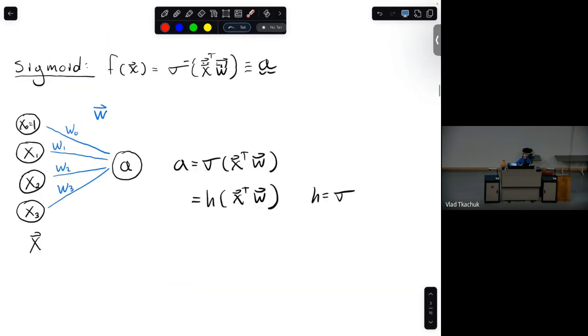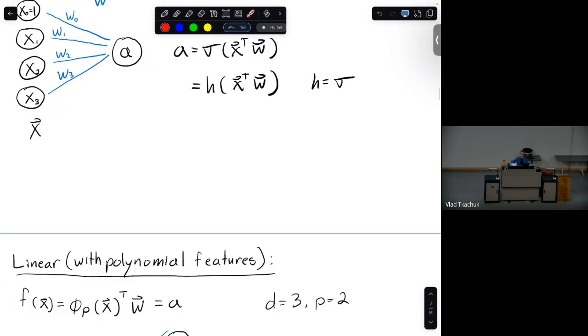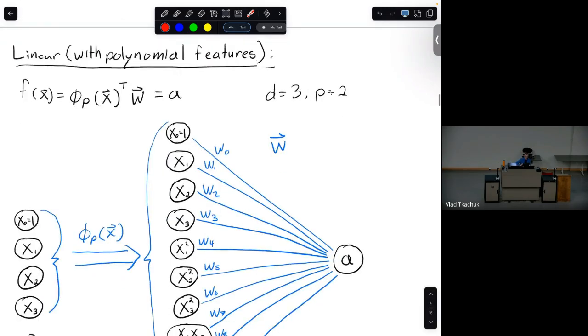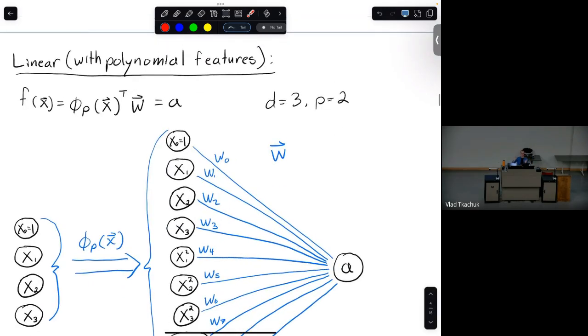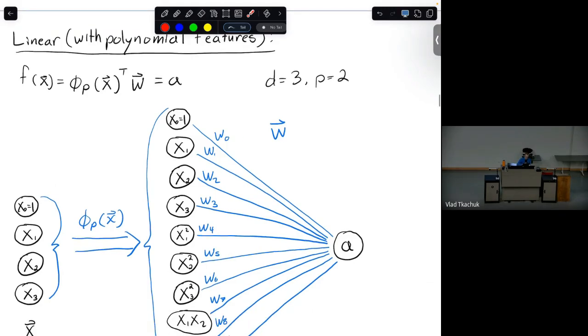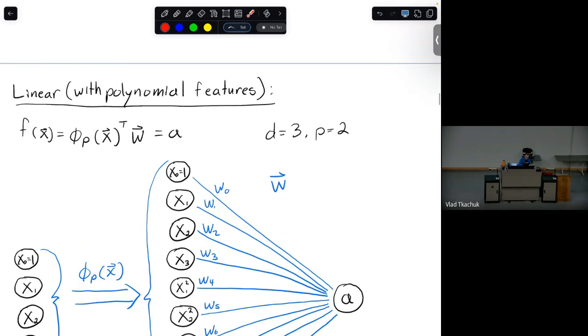Okay. We've seen one more type of function, which is this polynomial features function. And here's a way to think about these polynomial features in neural network land and what they're doing. So what did this polynomial features thing look like? You have some function that is the dot product of this feature function applied to the original features, right? So this is the polynomial feature function applied to the original features, dot producted with the weights. We've seen this. And so that's your polynomial function.